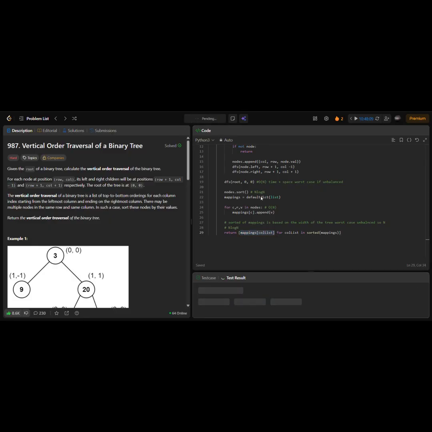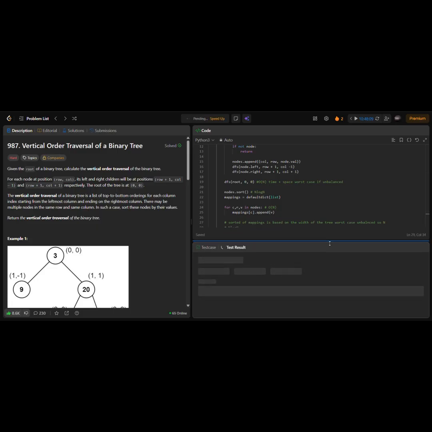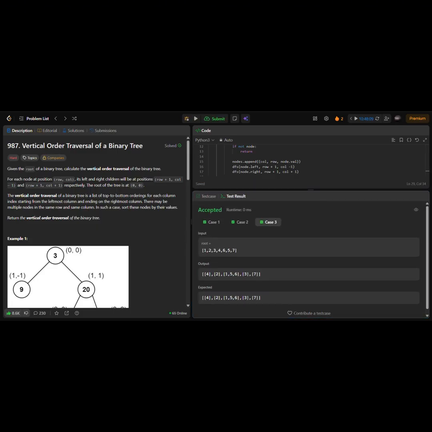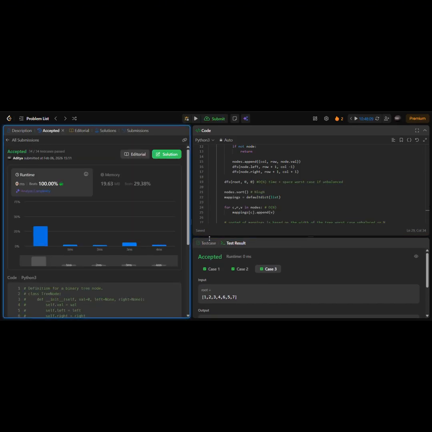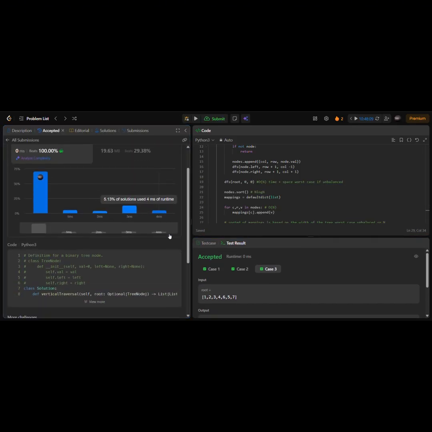So if you run this, we can see that it works, and if we submit this, yeah, we can see that it works. So yeah,